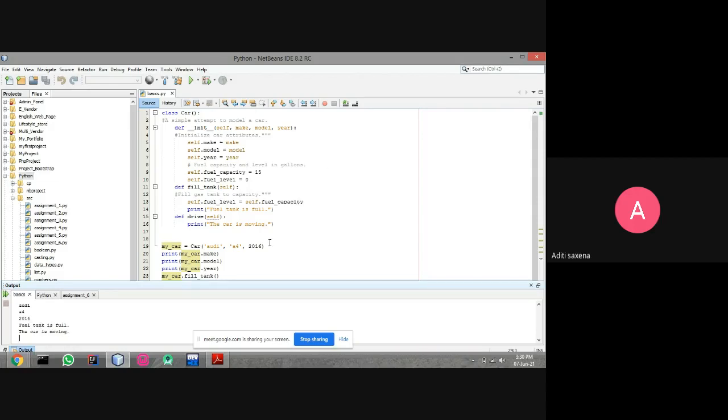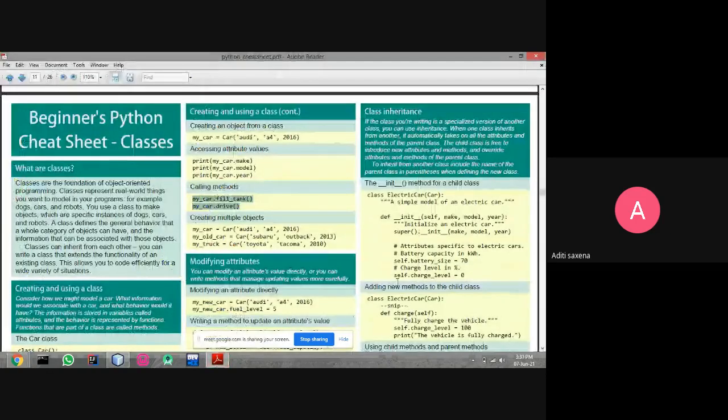This is the general way to declare a class and access its methods and variables. We can also create multiple objects by giving different names to the objects.